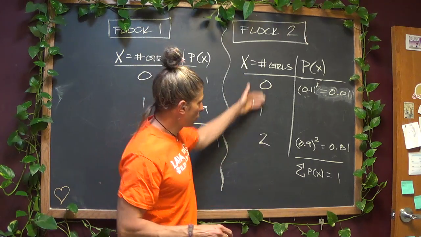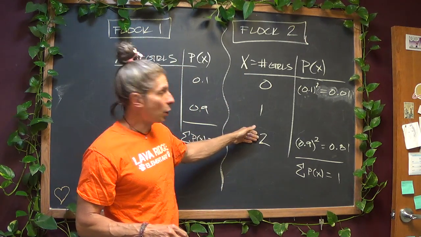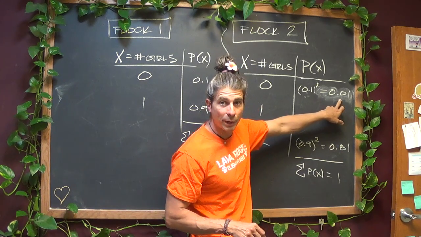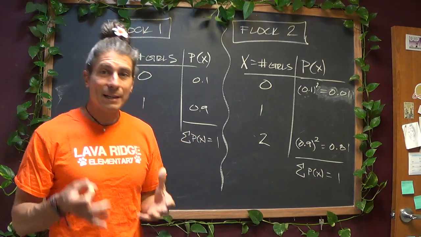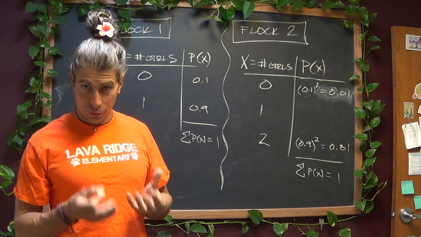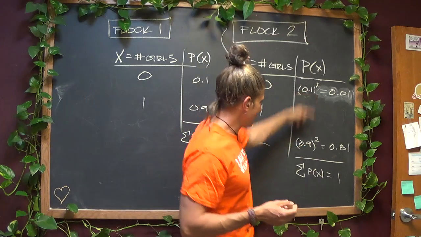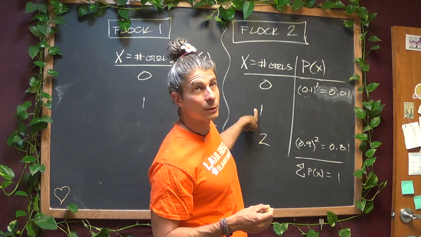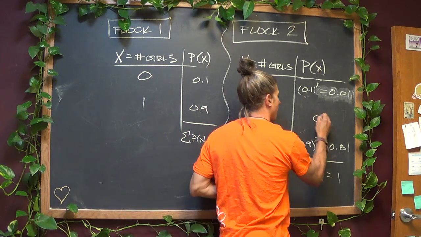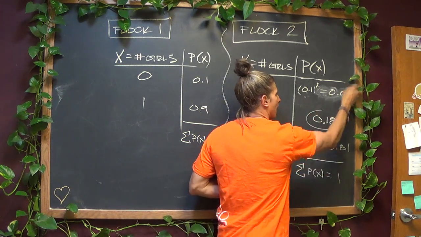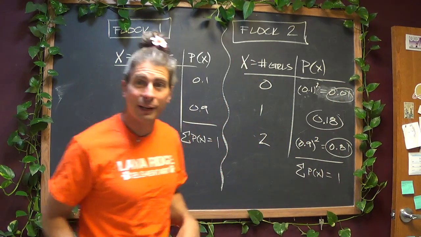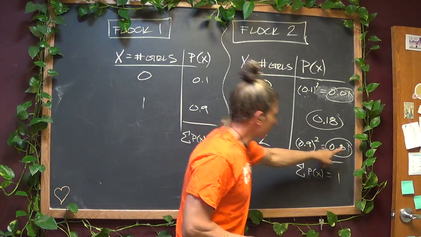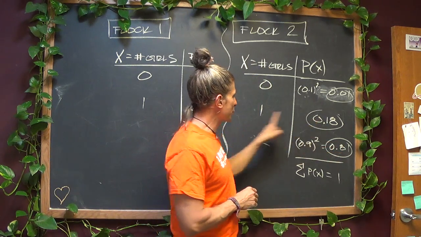So now that you've got 2 of these things, you now know what the third one has to be. If this is 0.81 and this is 0.01, together that's 0.82. That's an 82% chance of one of those 2 things happening. If that's 82% of the time, that means whatever's here has to be the remainder. That's going to have to be 18%, right? There are your probabilities right there. There's a 1% chance you're not going to get any girls, there's an 81% chance you're going to get both girls, and there's an 18% chance you're going to get 1